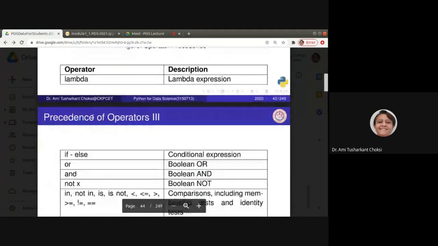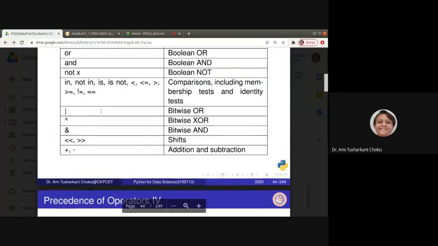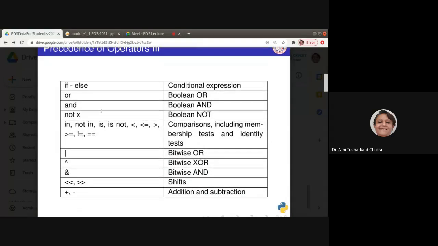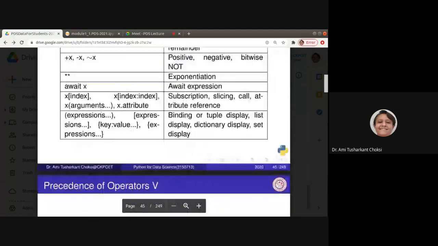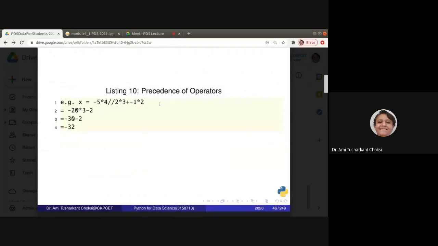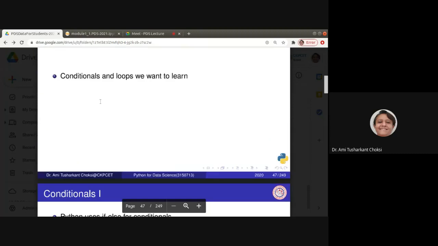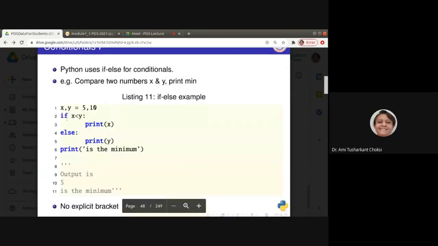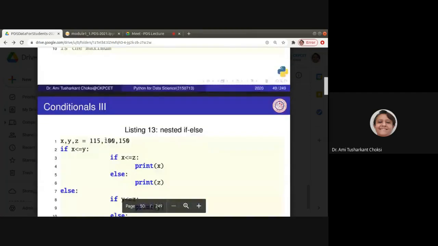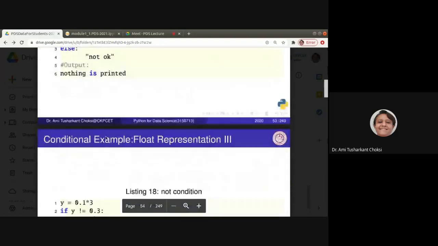Okay? Then one more table is there. That also mentions the precedences. You can see it later, and then you can try a few examples for that. Okay, the whole table is there. You can see, and this example we have seen while running, using the modulo operator and control statements. At least if-else we have seen using the example, right? This is what we have seen.